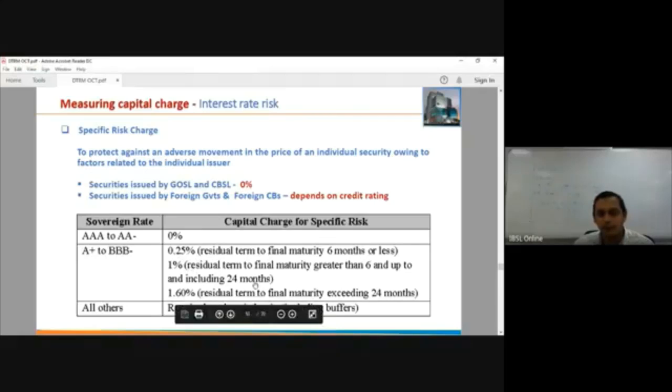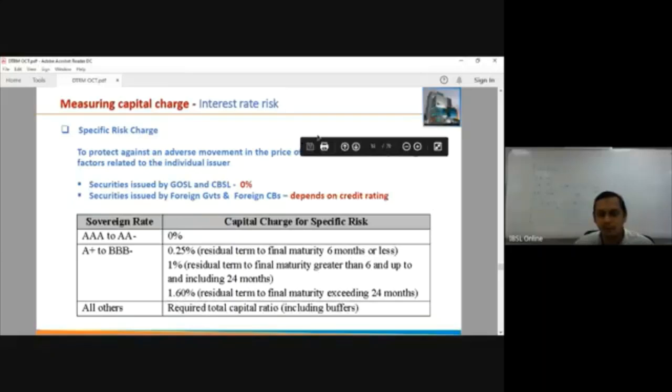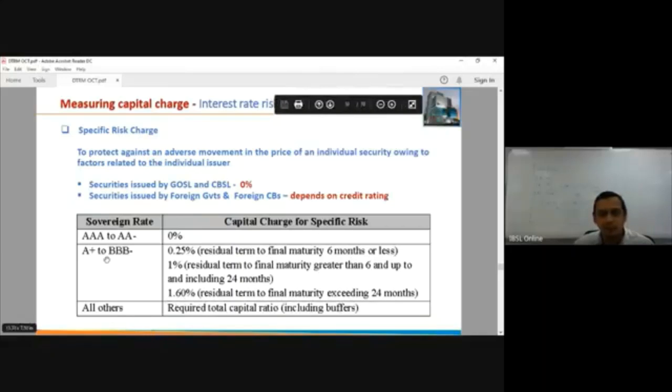And if the residual maturity is more than 6 months but within 24 months, the rate is 1%. Any remaining maturity exceeding 24 months, the rate is 1.6%. For any other rating, anything below BB minus,